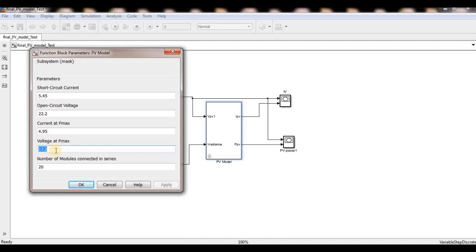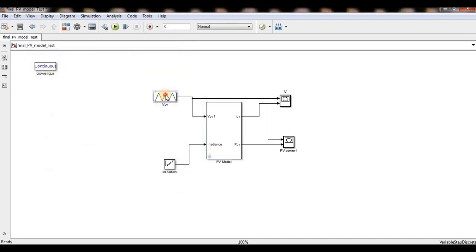If I require 340 volts or 440 volts or 550 volts, I have to connect this many PV modules in series, like 20. If 20 are there, the total voltage is 17.2 into 20. But this is one PV module, so its maximum power voltage is 17.2, and VOC is 22.2.